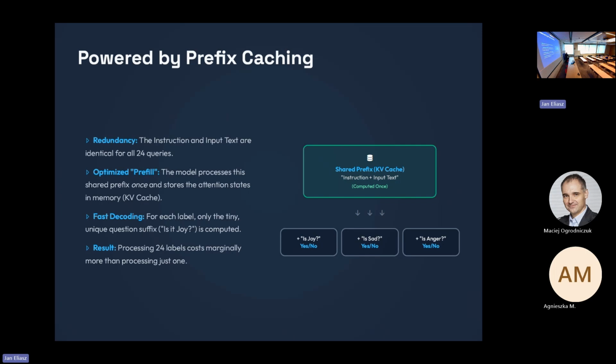We benefit from the KV cache, and we only need to process one token or several tokens from the part that we change for the classifier. So we compute it only once, and the computational overhead from decomposing the entire problem is actually very low.